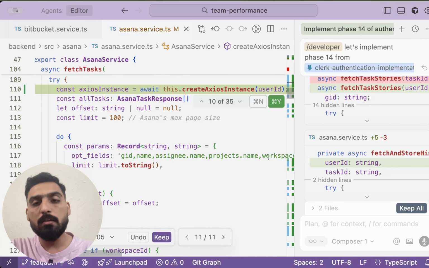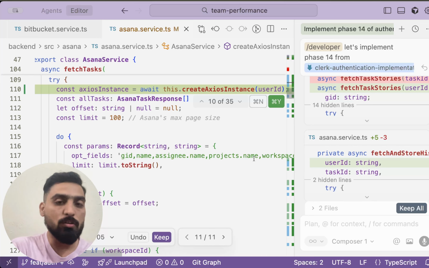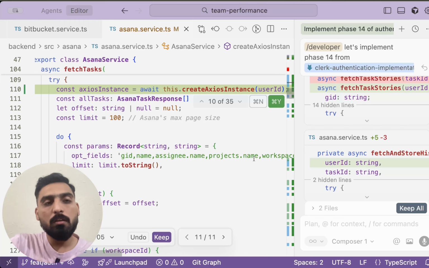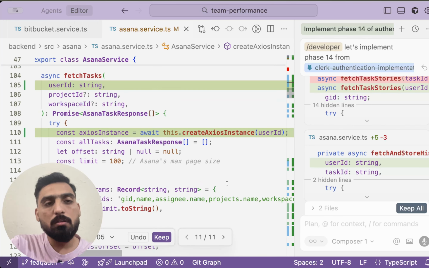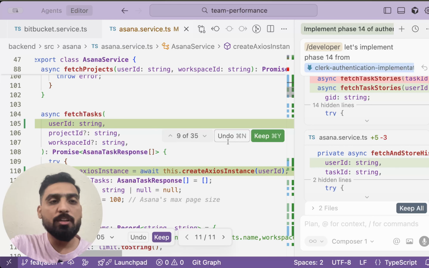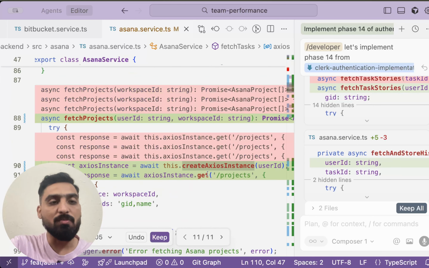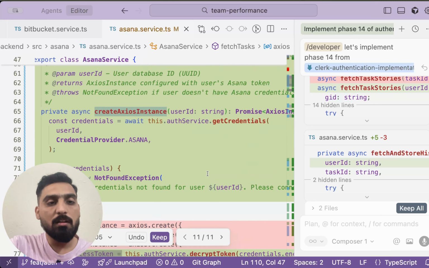But there is a catch here, right? That approach is good, but I don't like it. Why? Because as per the scope of the service, I want to reuse this instance. I don't want to create this instance again and again. Why? One problem is,